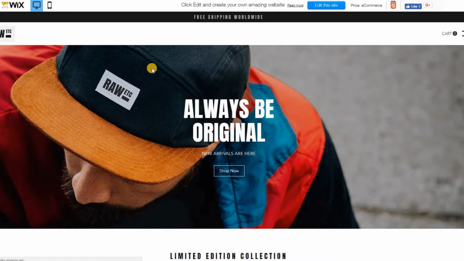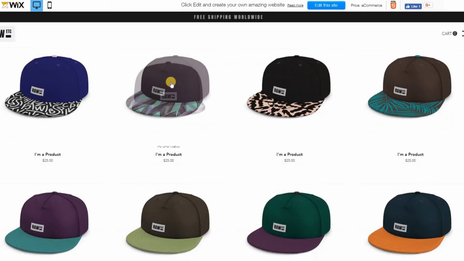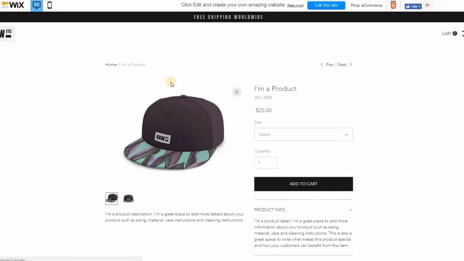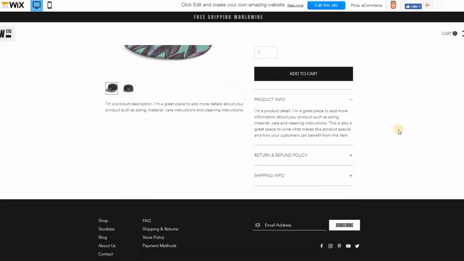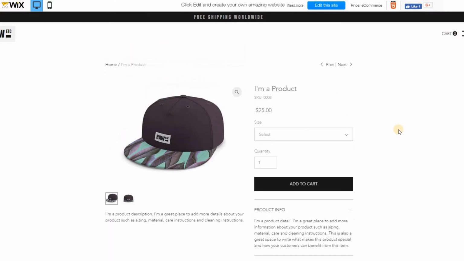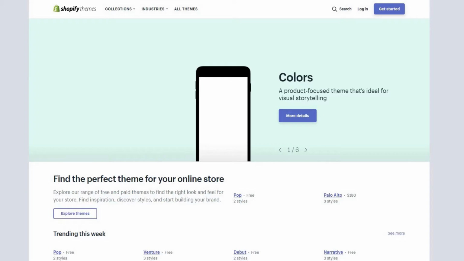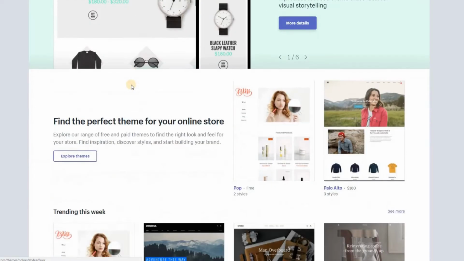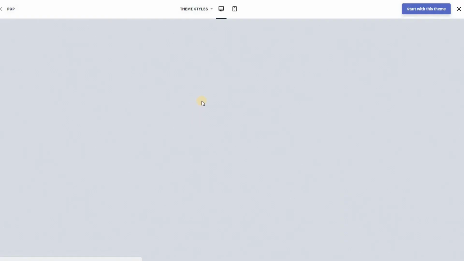Obviously Wix has modern templates. The product pages look pretty nice. They're a little less powerful than what you would find on Shopify. But you can see price, SKU, size, those product variations, as well as the quantity and product info. So it's pretty simple and very clean. And then if we look at Shopify, they have a wide range of themes as well. Let's just grab a random one to start off, and we can view the demo